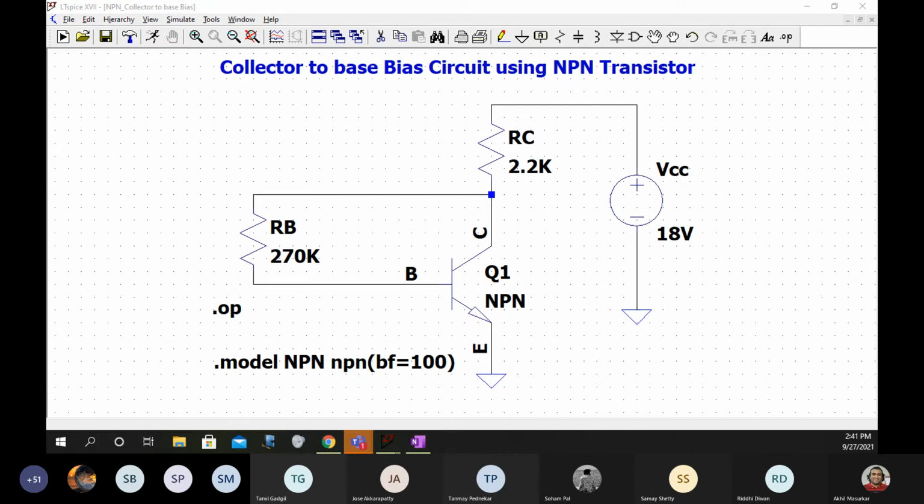Good beta. So you can see now that the Q point does not change much. There is a lower variation as compared to that of the previous one. Yes, Joe's perfect.